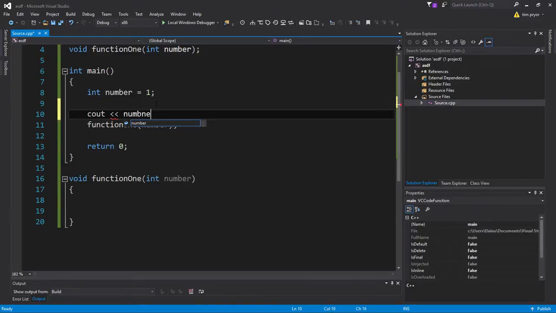Now, how do I output the memory address of number? Well, what I'm going to need to do is use the ampersand, just one. Remember, two of these is the and symbol. One of these here, I'm going to have you call it the address of. So I'm going to use the address of, and that's going to print out the memory address that this